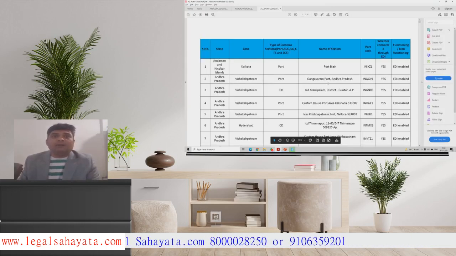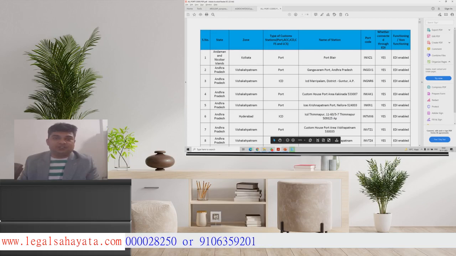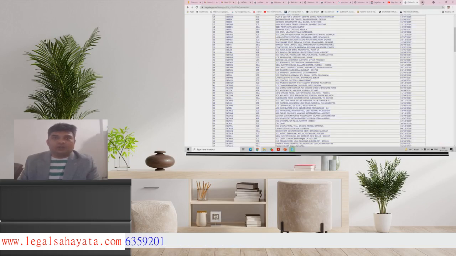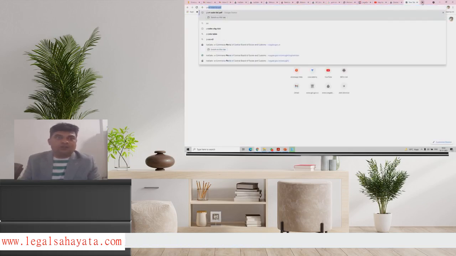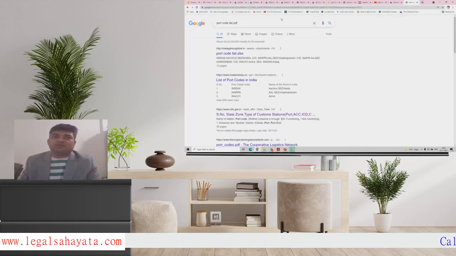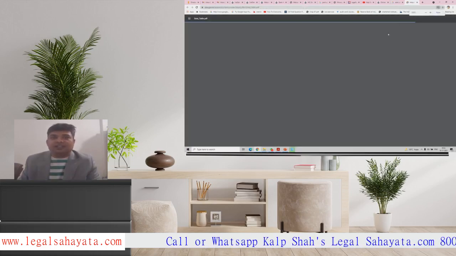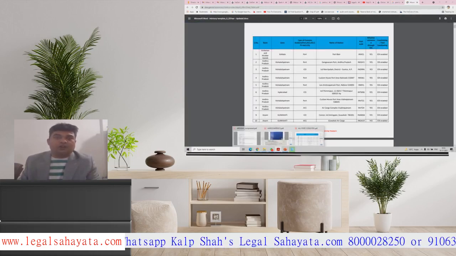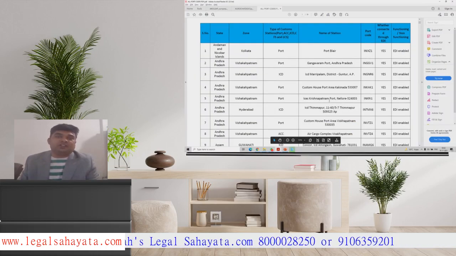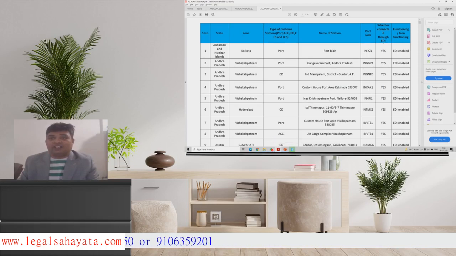You can also find one PDF online. This is published by CBIC. You need to write port code list PDF, CBIC, Central Board of Indirect Taxes and Customs official website, and you can download this PDF wherein all the port codes have been mentioned, and whether each is EDI enabled or not is also mentioned: whether connected through EDI, functioning, non-EDI, functioning, non-functioning.